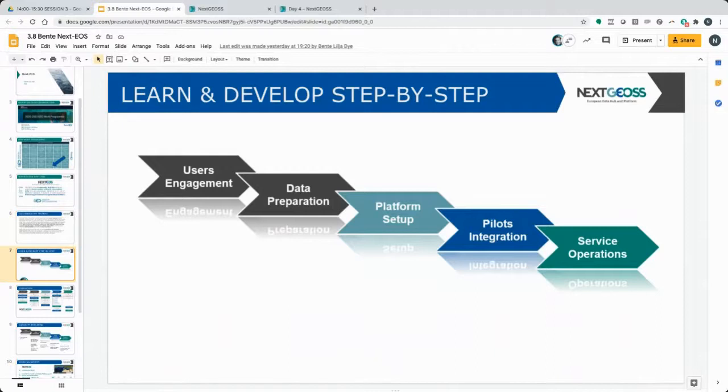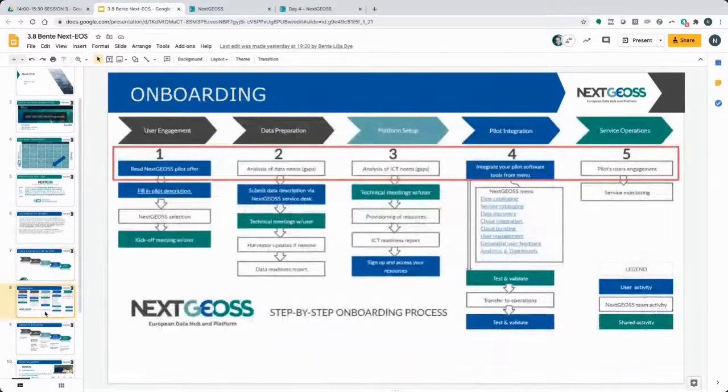So this is the overall environment that we have been working on now, and we want this to be part of the whole process for engagement in NextGEOSS, and we want to evolve this process collaboratively with you. This is the onboarding details. So basically, in the first part, our